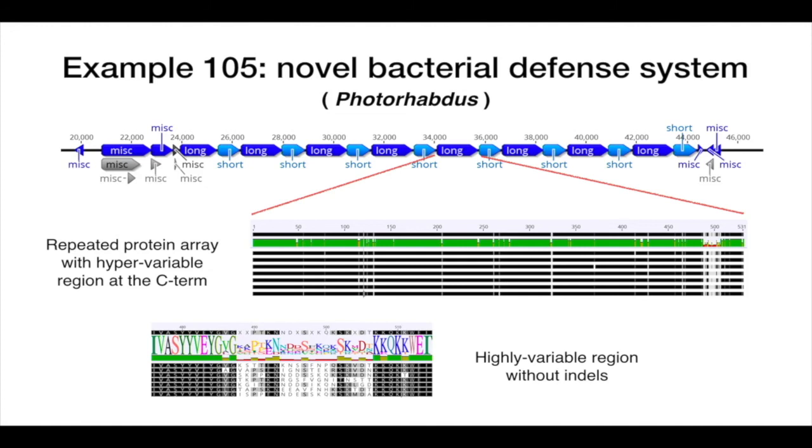And then this is another system where there are these clusters of highly repeated proteins. They are pretty much identical to each other except for a fixed window of high diversity. By looking at this, you can see that the sequences are very diversified, and we're trying to figure out what this might be doing in the context of bacterial immunity.